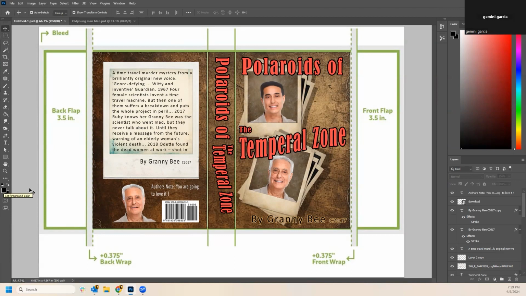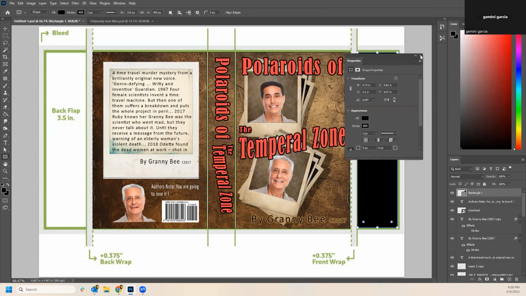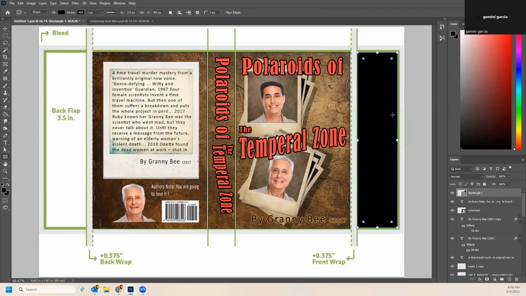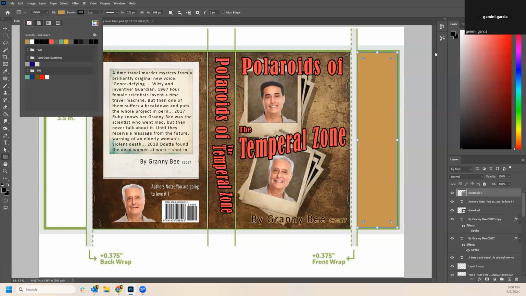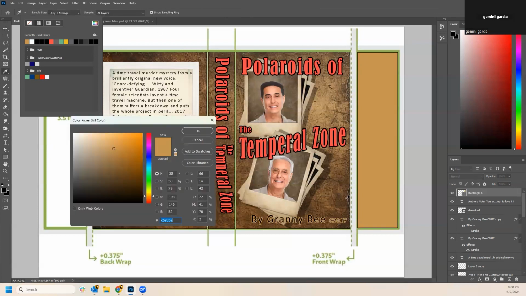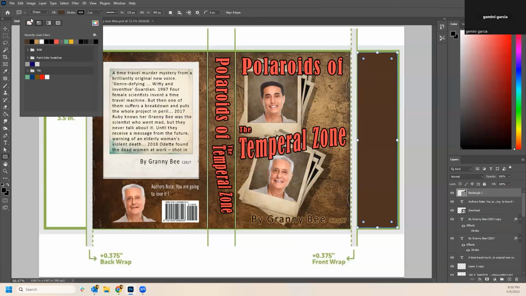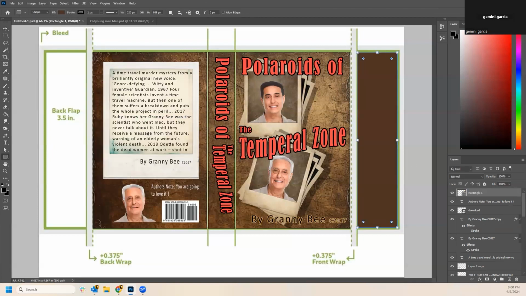What time is it? I probably have to, don't really. It's more of the same stuff. I'm going to create a shape that fits in there. There's my shape. And then change the color. And then the inside flap is always